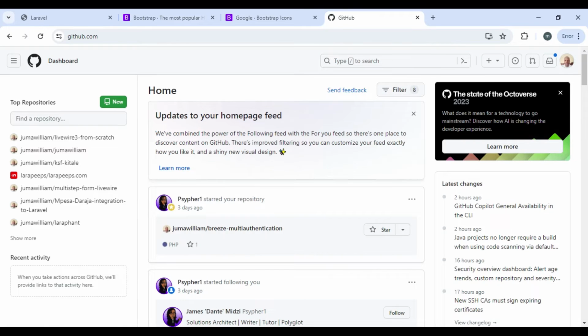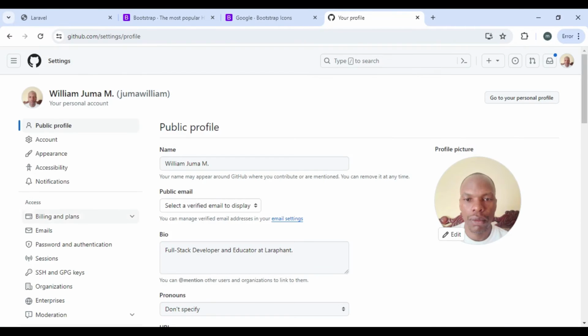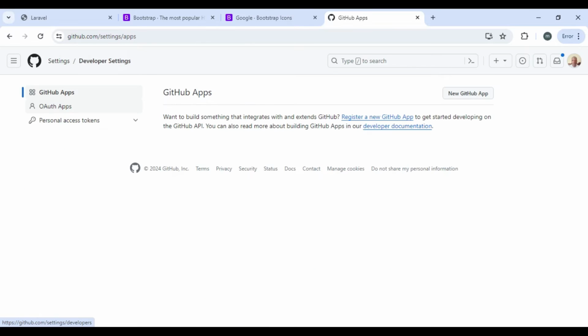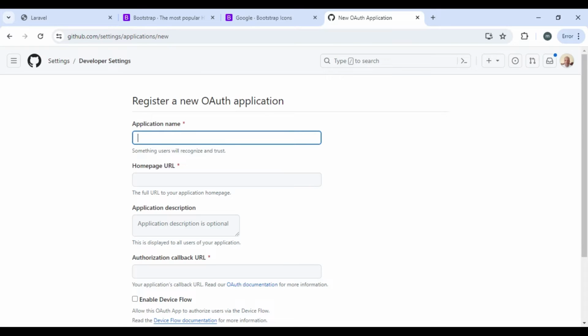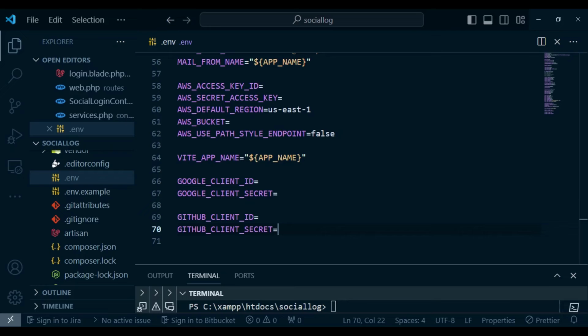Where I want to go is on the profile and then settings. And then we will go to developer settings and we will click on OAuth apps. And here we can create another app. So we can call it Socialite, and we need to have the homepage URL, which is http://localhost:8000. The description is optional, and then the callback URL, we can just set exactly what we have in our